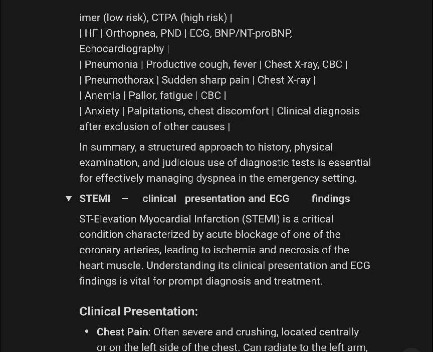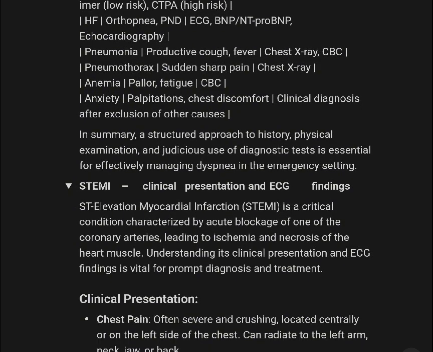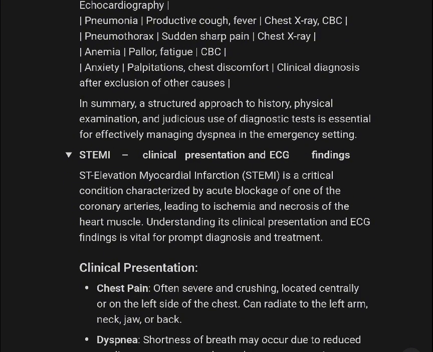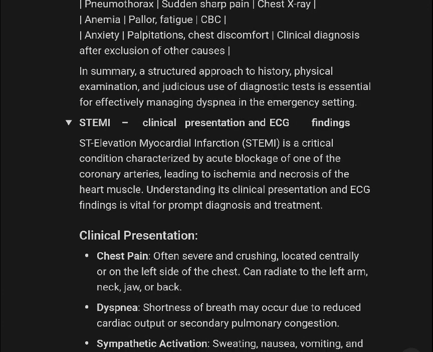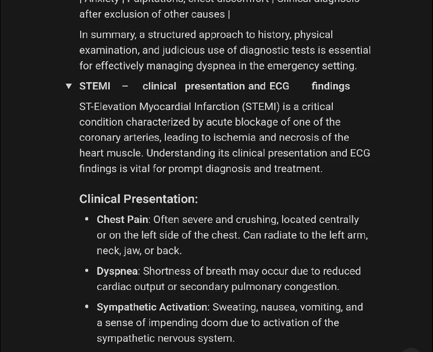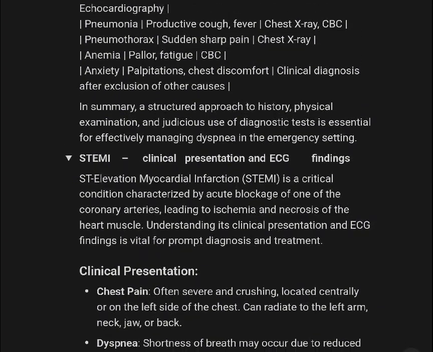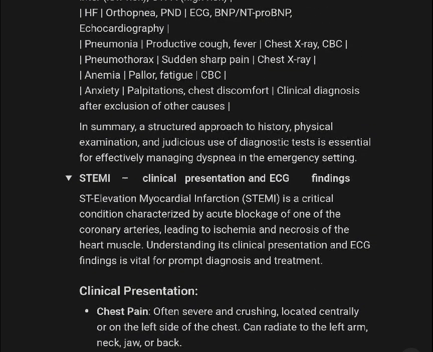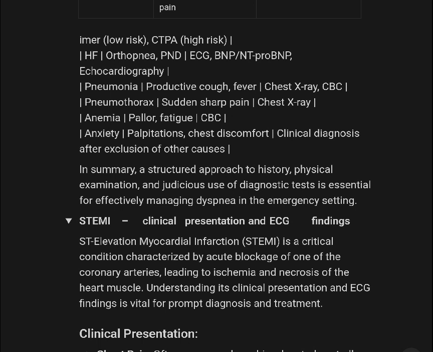Heart failure, arrhythmia: ECG, BNP, NT-proBNP, echocardiography. Pneumonia: productive cough, fever; chest X-ray, CBC. Pneumothorax: sudden sharp pain; chest X-ray. Anemia: fatigue; CBC. Anxiety: palpitations, chest discomfort; clinical diagnosis after exclusion of other causes. In summary, a structured approach to history, physical examination, and judicious use of diagnostic tests are essential for effectively managing dyspnea